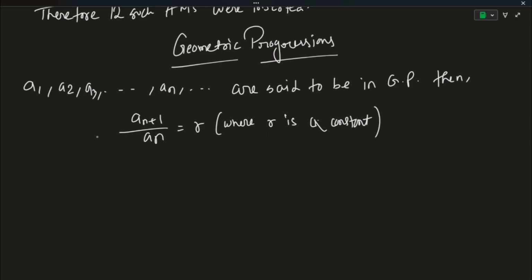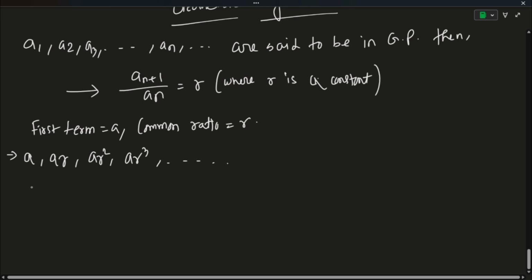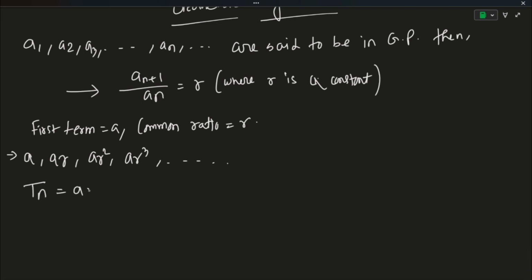ये r 1 हो जाता है which means all the terms are same। तो GP में क्या होता है, the terms increase by a fixed ratio, which means a GP can be characterized like this। First term आप लिख सकते हो a, और common ratio, this can be written as small r, और ये जो sequence है you can write this as first term a, उसके बाद it will be ar, then it will be ar squared, फिर हो जाएगा ar cube, और ऐसे करके ये बढ़ता रहेगा। This is going to be your GP sequence। Again GP में the fundamentals are going to be the nth term: the nth term is going to be a whole into r to the power n minus 1। ठीक है, ये हो जाएगा आपका nth term, this is your first bullet point,